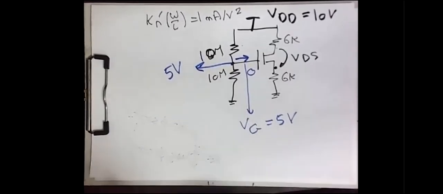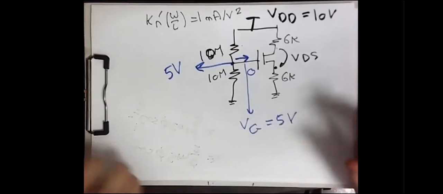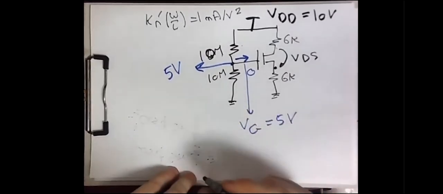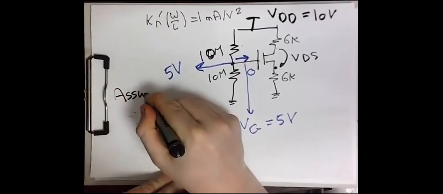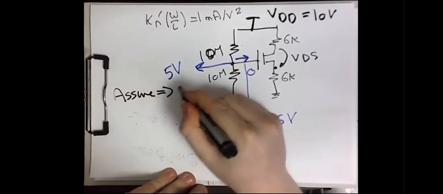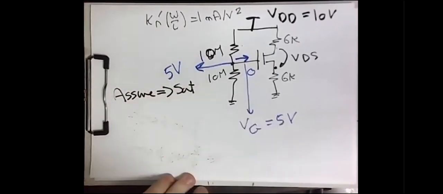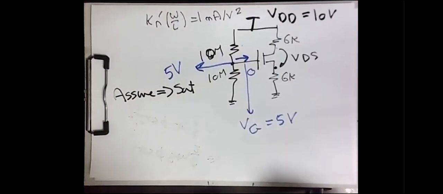Accordingly, we have to have an assumption. But please take care that this is just an assumption. So what I'm going to do now is the following. I will assume that this MOSFET is working in the saturation region. It's just an assumption. Then, if this MOSFET is working in the saturation region, I have the equation for the